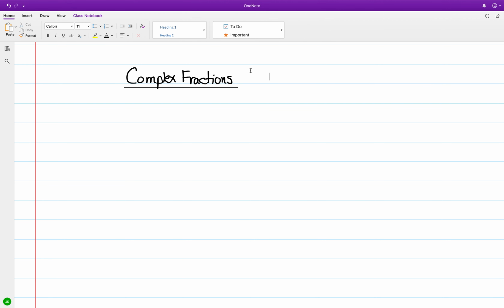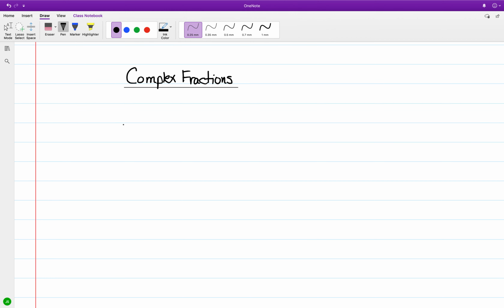Okay, continuing with rational expressions. We have complex fractions, and there will be varieties of these. Let's say we have an expression such as a